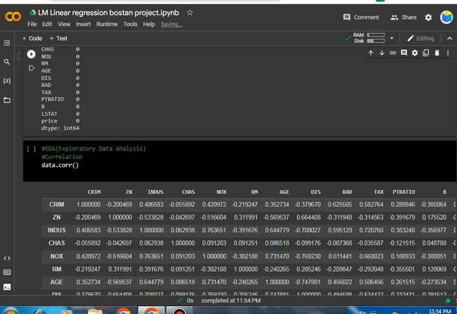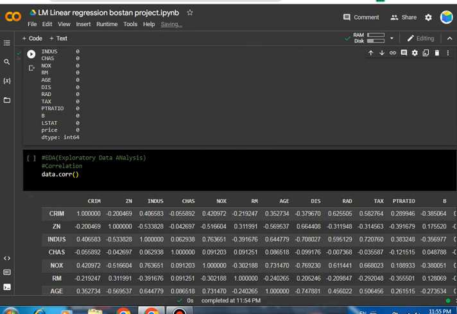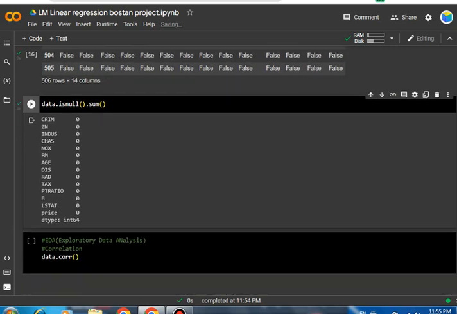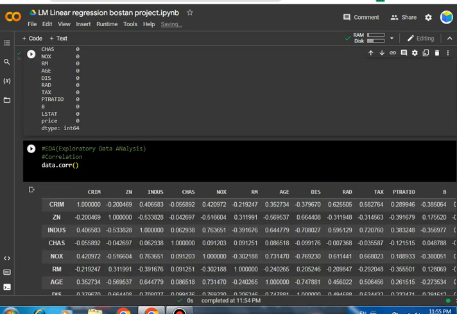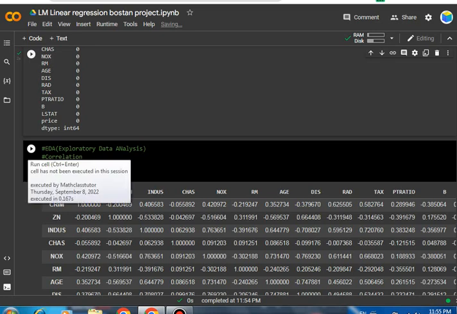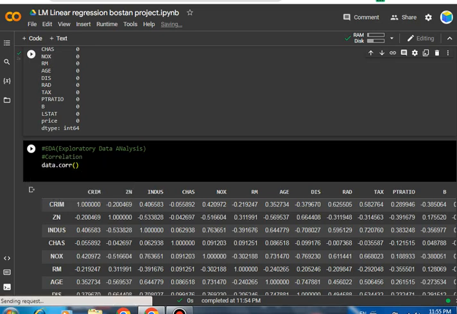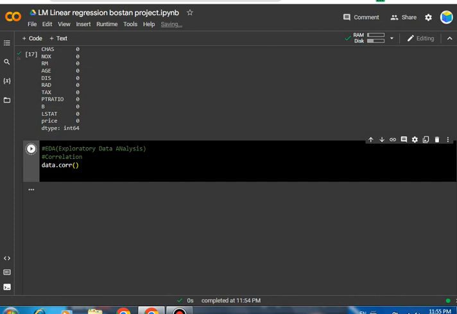Now we are going to apply the exploratory data analysis. So EDA, this is called, and this is the most important because I am going to apply some statistics like correlations. So we need to get the correlation. The data as a variable I have already taken, so we need to use data.corr(). This function I am going to apply, and it will